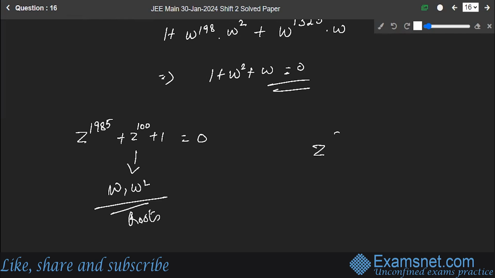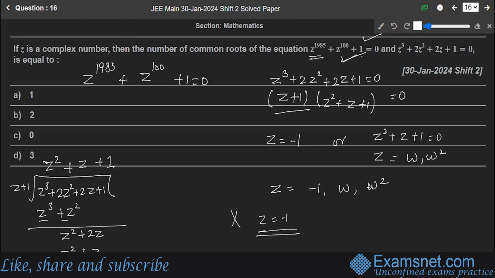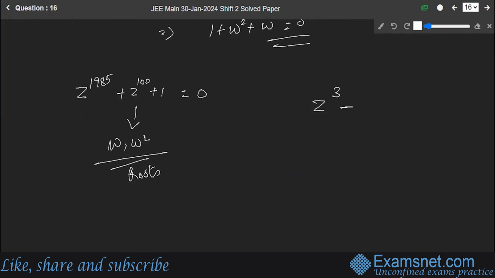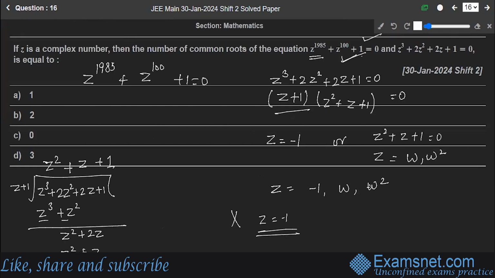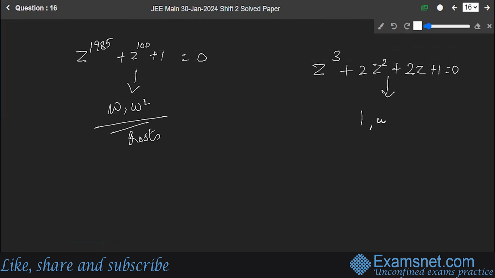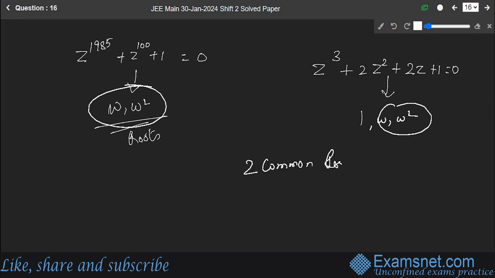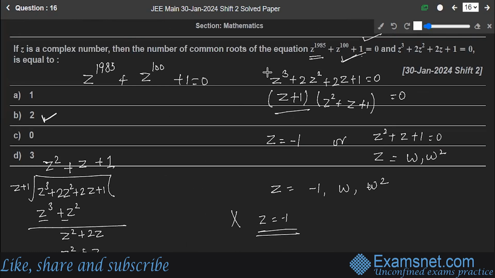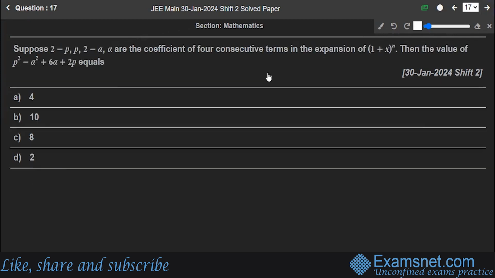And already your equation Z cube plus 2Z square has 1 and omega and omega square as the roots. So how many common roots are there? 2 common roots. Right? Let's check. You have option B as the right answer. Hope you are clear with this. Next is